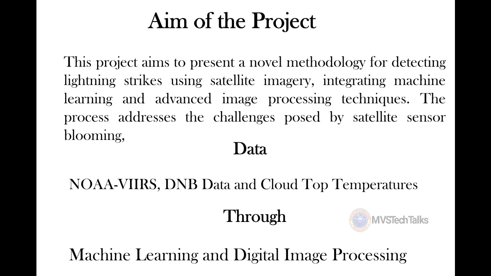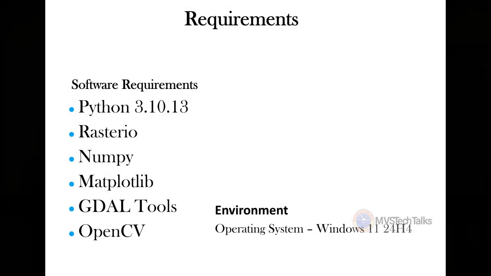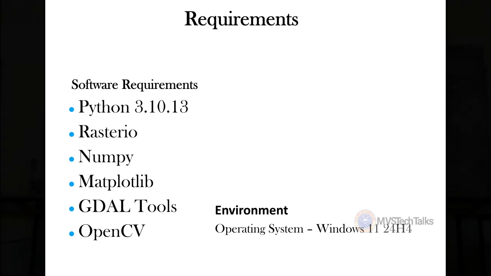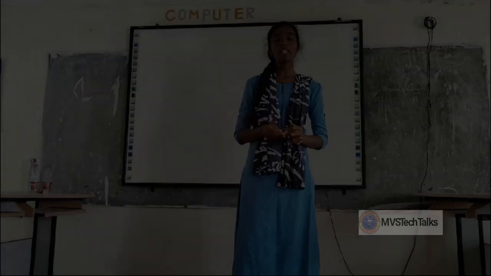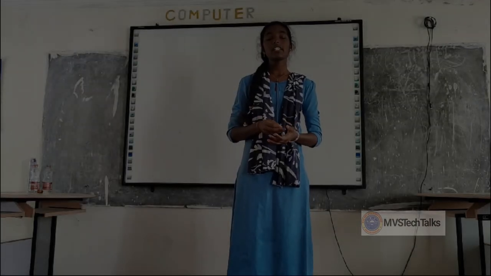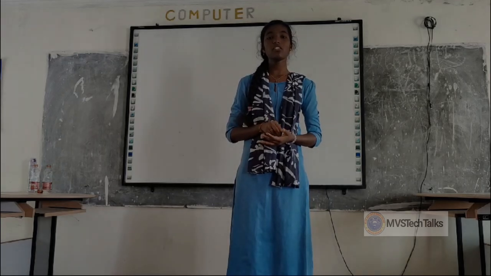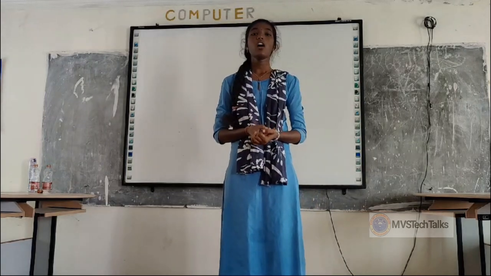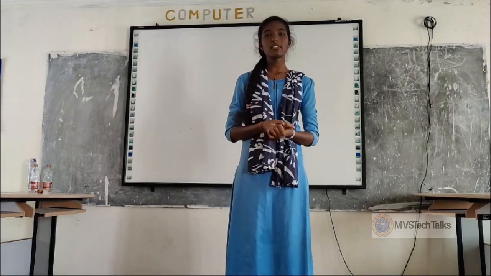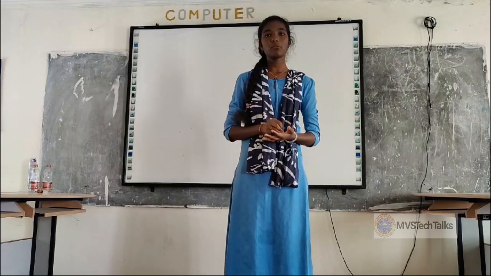To get accurate data, we are using machine learning algorithms. Our machine learning algorithms will take the satellite image data and cloud top temperature, and by comparing these, they will enhance the lightning strikes. Let us see the software environment. Here we are using the Python language, and in Python we are using some libraries, namely GDAL, Matplotlib, OpenCV, scikit-learn, and XGBoost. In this project we are using GDAL for cropping and for geospatial raster data, OpenCV for visualizing, and XGBoost for building the machine learning models.